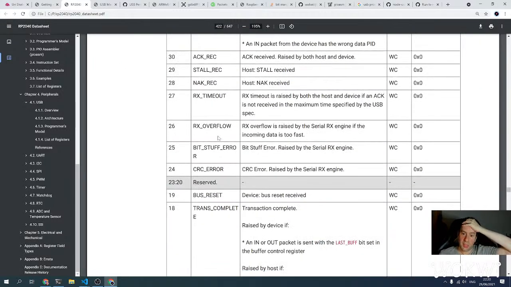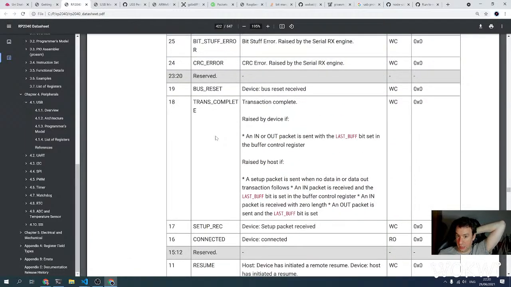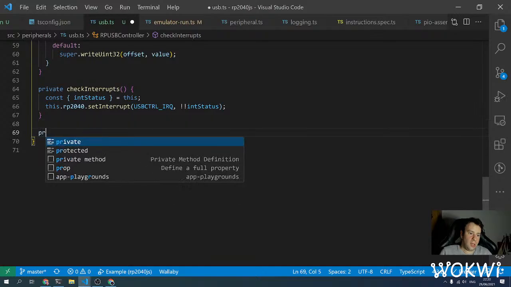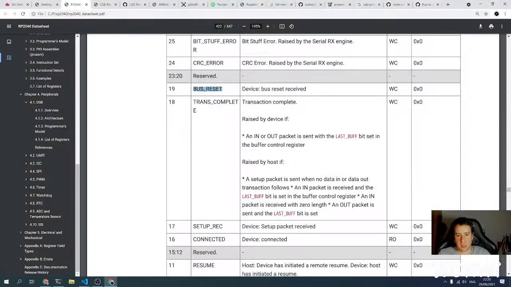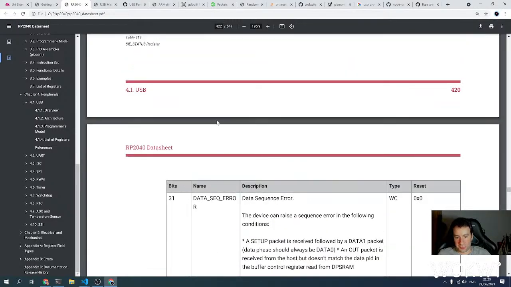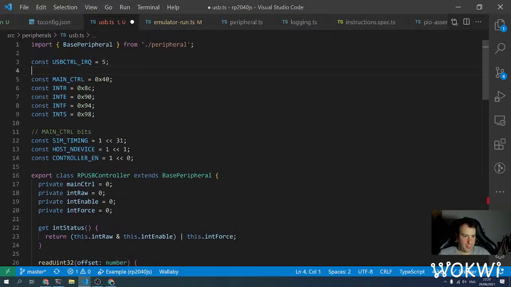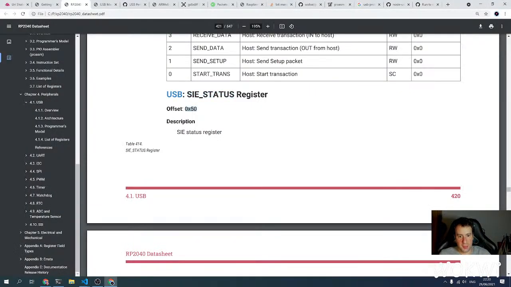So this probably clears most of the interrupts. And yeah, we need to set this bit whenever we reset the device. So maybe we'll just create this private reset device, and then it will just, let's see, SIE status at 50,